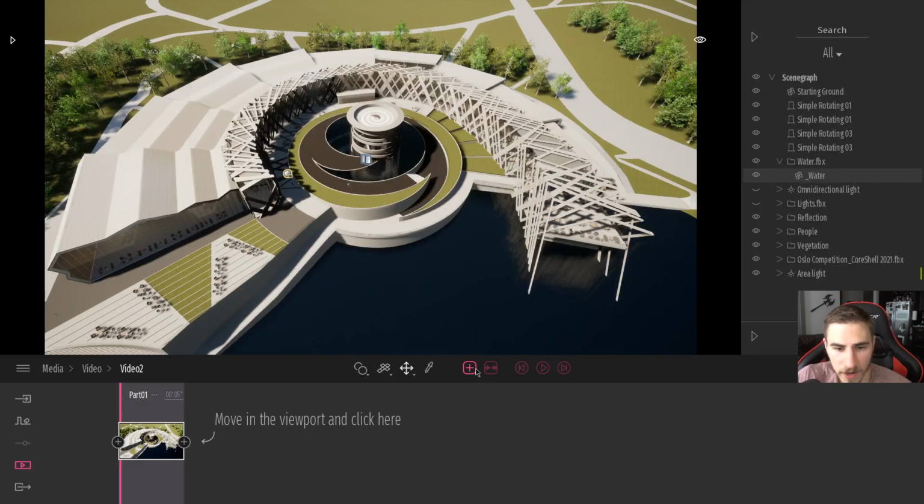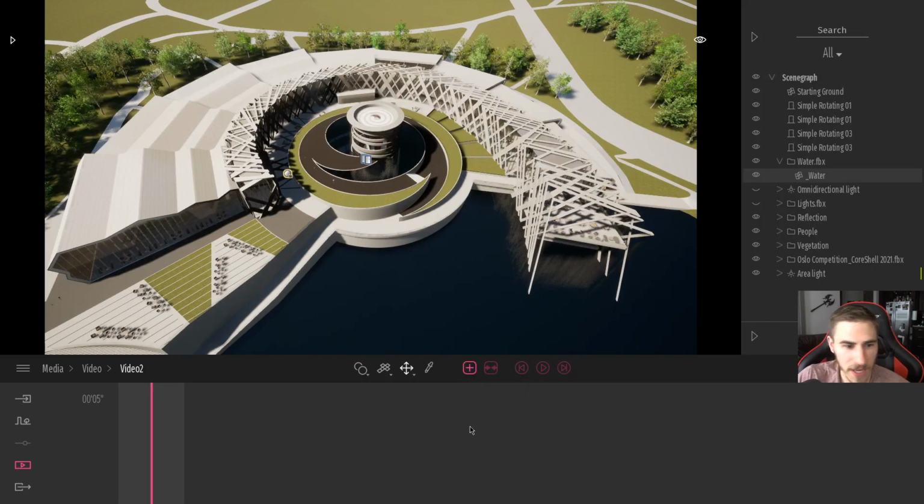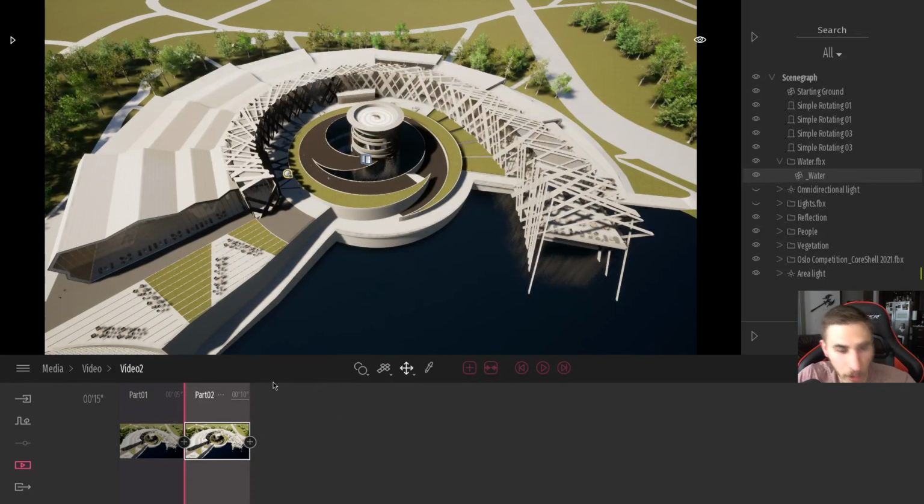So I can come up here and I see a plus, and this plus is telling me that I can create a new part. Okay, let's go ahead and make a new part. This is perfect. Now I can see not only do I have a new part, but it's also 10 seconds. And if I look at the left here, obviously the 5 plus the 10 is my 15 seconds. I can't actually edit the overall length of the video because that's based on the summation of all of the parts. Of course, that clearly makes sense. So that's easy enough to worry about.